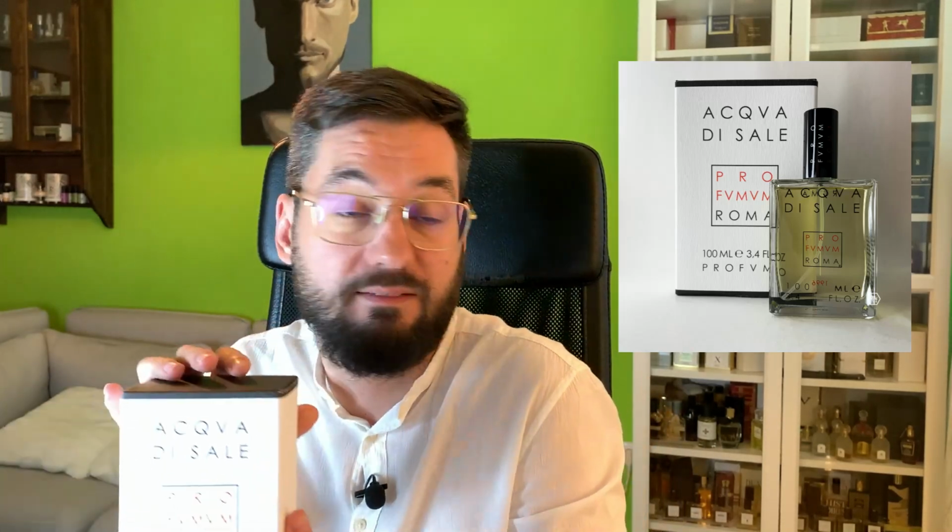Because, as I said, smelling their fragrances, there's not much going on there. Honestly, or this is just my opinion. I don't want to bash anyone who thinks that this brand is the GOAT. To me, it just isn't. But Acqua di Sale is,